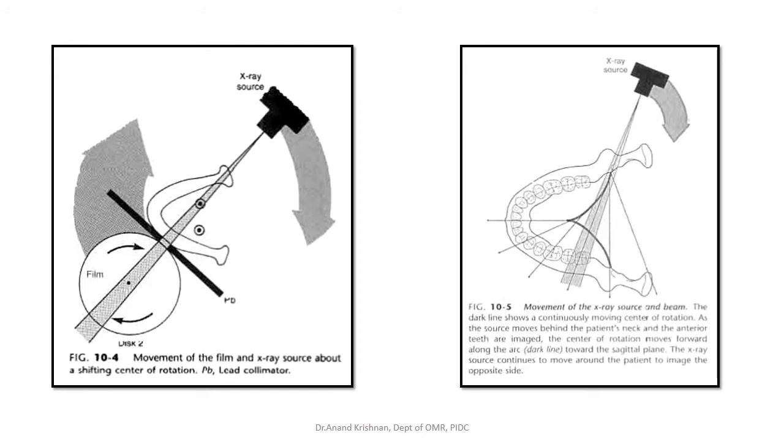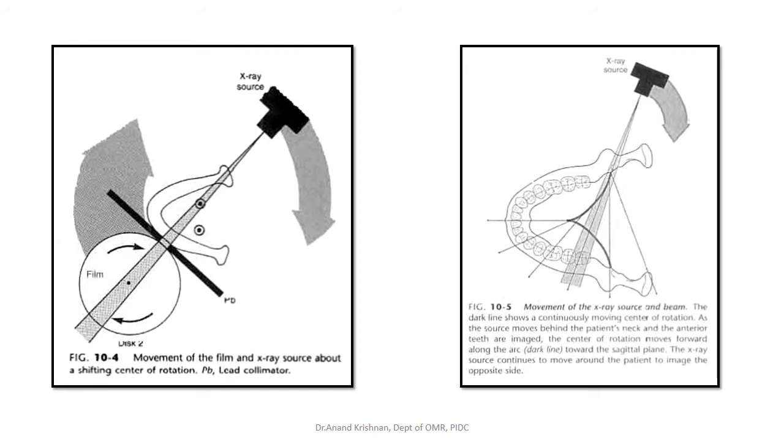What you see in the left side picture, you see a disc that has been drawn. So a disc or a roller will be there, which will roll the film from one end to the other end when the reciprocal movement happens. The slit beam passes through the object and records on the particular portion of the film. Here again, when we used a film, we had to use a cassette, and the cassette had to have an intensifying screen, and then we have processing.